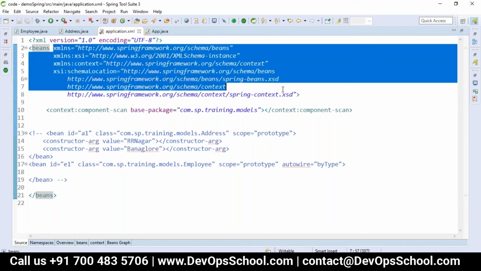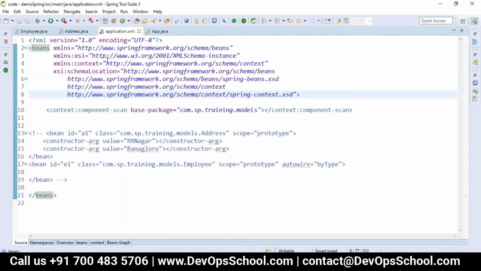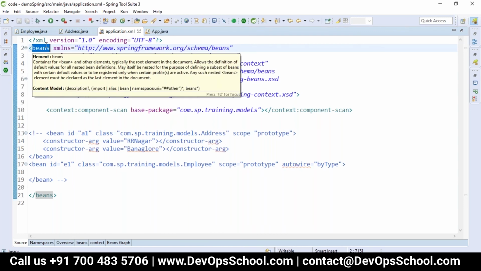Completely is XSD, or we can give it... So is it optional? I think it did not work initially when you did not add it properly. So is it mandatory or optional? No, it should be mandatory, because whenever you return any XML, it can take any user defined tags, because XML is user defined tags, no?